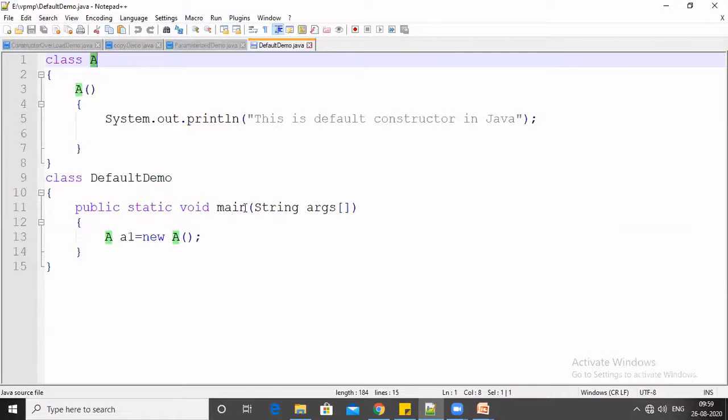In the main method, I create an object of class A, and when we create the object of class A, it automatically calls the default constructor. That means when we create A1 equal to new A, it will automatically call the constructor of class A first.